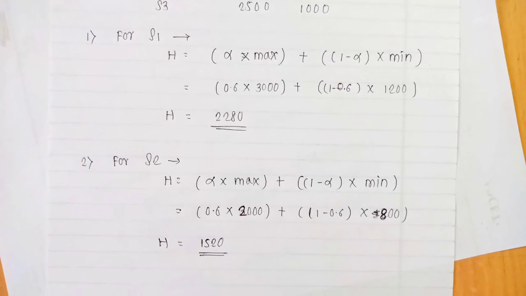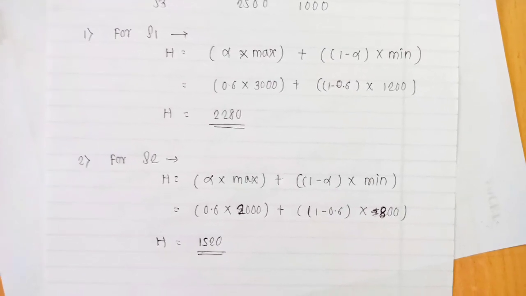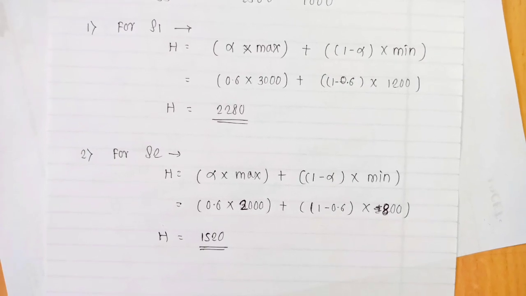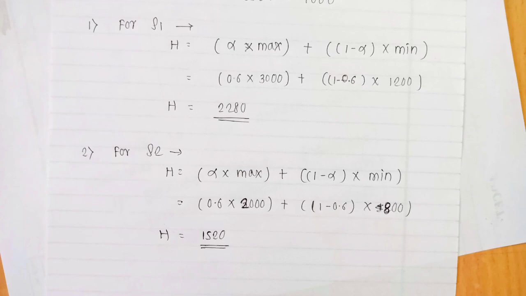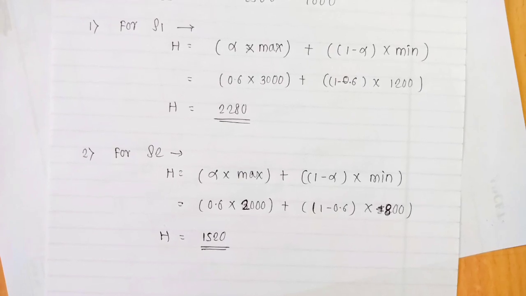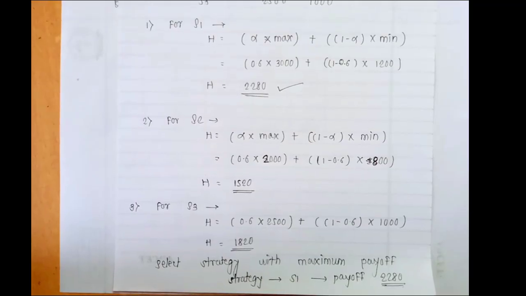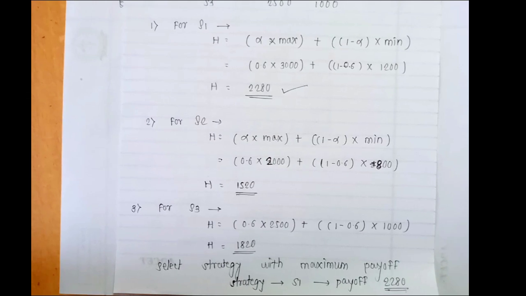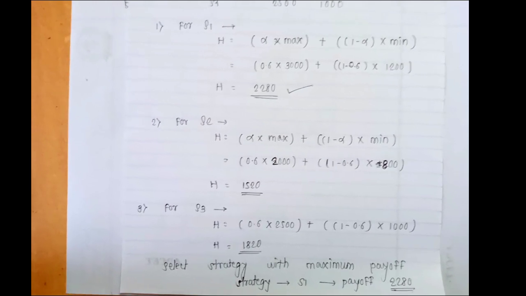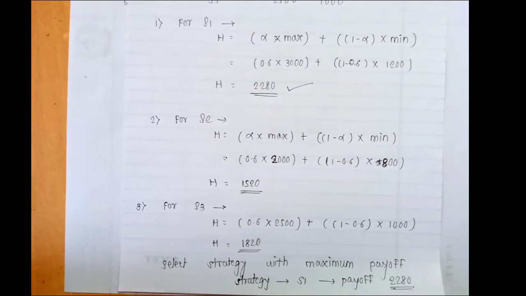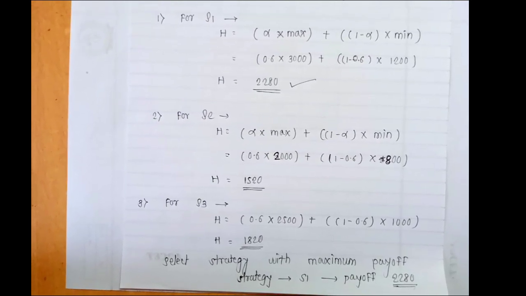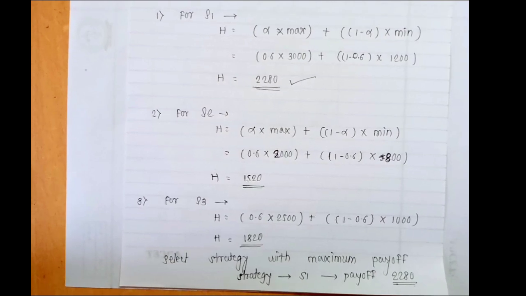Similarly, we can find it for S2 by using the formula. We put in alpha 0.6, the maximum value 2000 and the minimum value 800. The final answer we get is 1520. Similarly, we can find it for S3 using the formula. For strategy S3, the maximum value is 2500, alpha is 0.6 and the minimum value is 1000. By calculating, we get the value for strategy S3 as